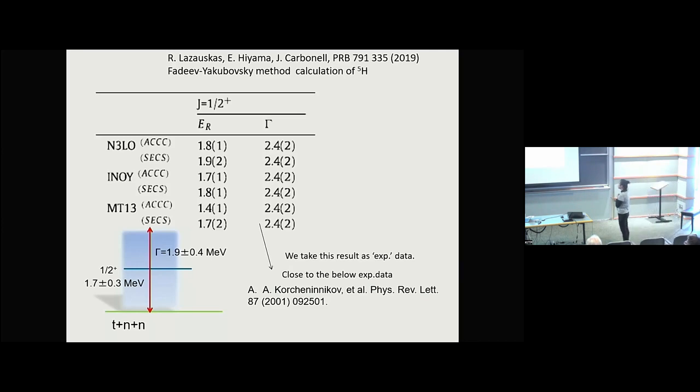Of course, so that we can compare this calculation result with the experimental data by Kolesnikov. As you can see, this is the first measurement by Kolesnikov et al., which is close to this Limas calculation. But in any case, we take this result as experimental data. And what's happening? Yes? All these levels are the same? Yes. Please ask Limas.